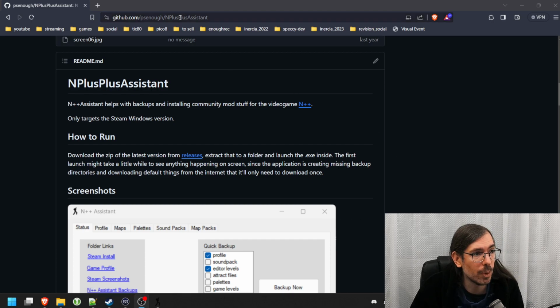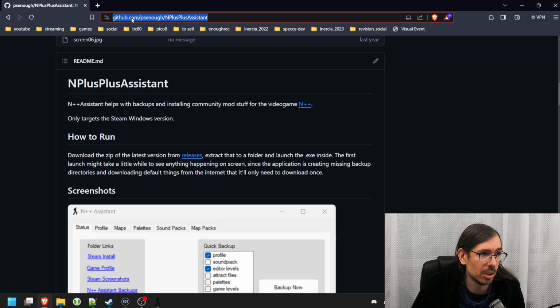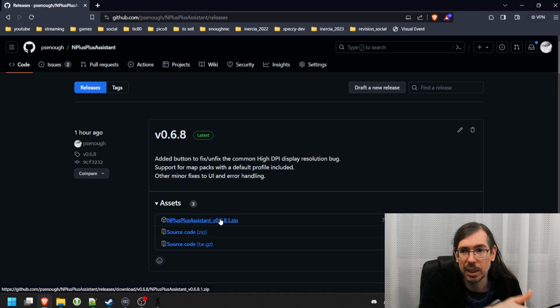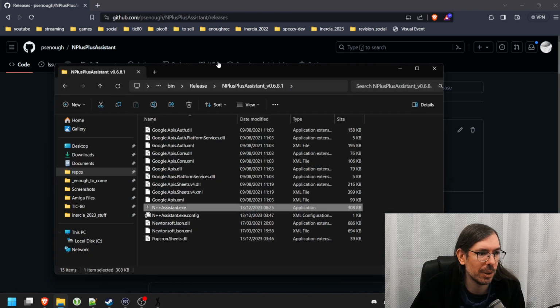It's on my GitHub, as you can see, github.com/psnf/n++assistant. If you go to the releases page, you have the latest one available here for download. You click the zip, you extract the zip. It should look like a directory like this. Quite a few different DLLs around because